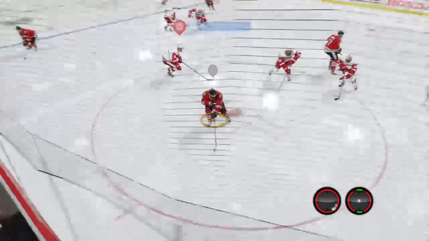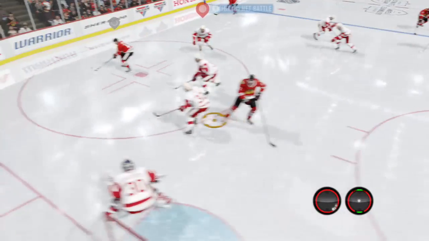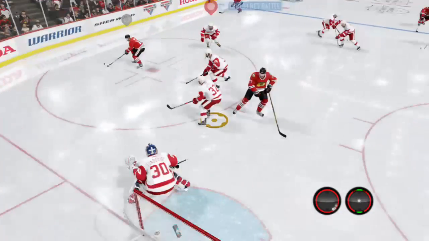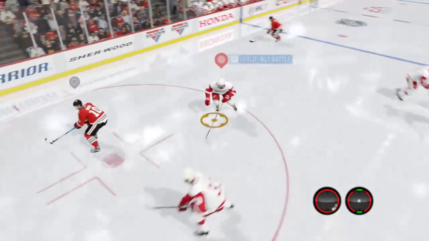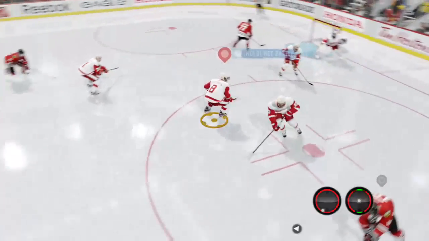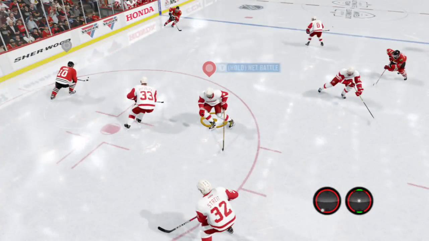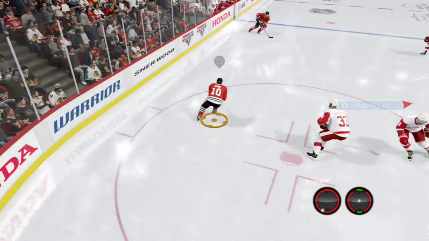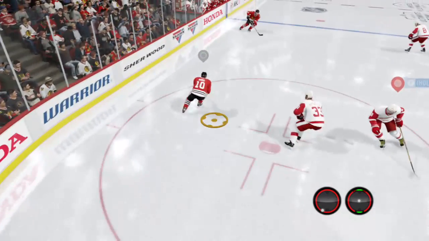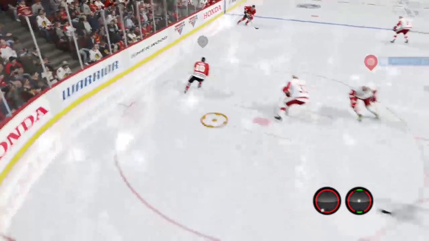So that's the first thing I think of. He might be able to get a pass to this guy as well if he goes down a little bit further. So because I anticipate the pass back to the defenseman, I try to go back a little bit here, but I'm a little bit too slow. And of course, that's what he ends up doing. He spins in an arc back towards his defenseman,